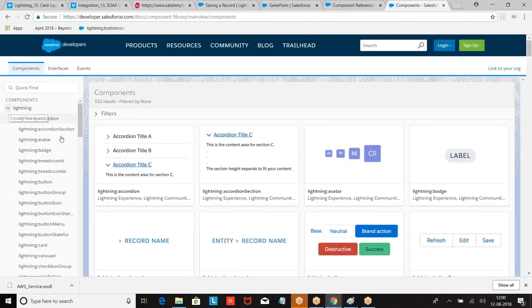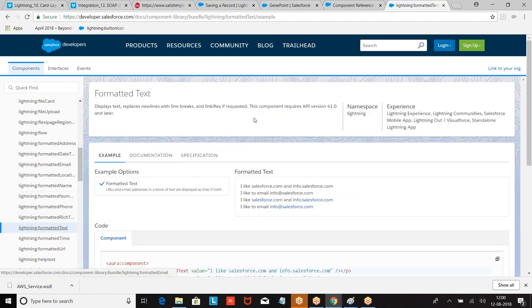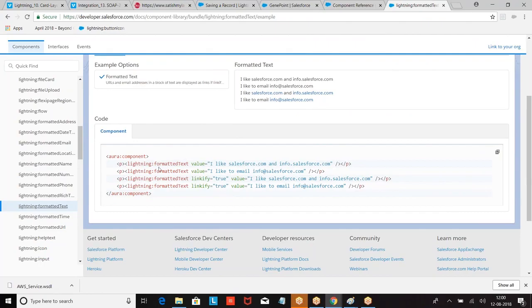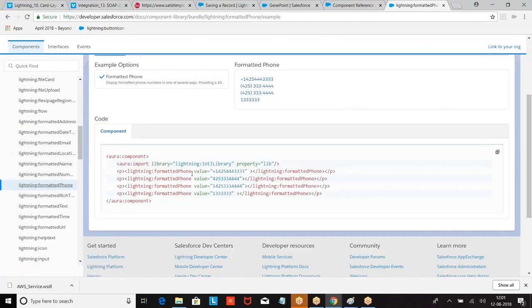I can go with lightning:formattedEmail, formattedLocation, formattedName, formattedNumber, formattedText. So how do you display? Formattedtext value. If you go with formatted phone, formatted phone value. So I can go with this.